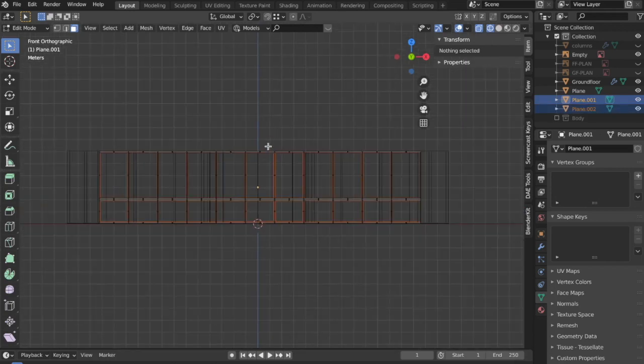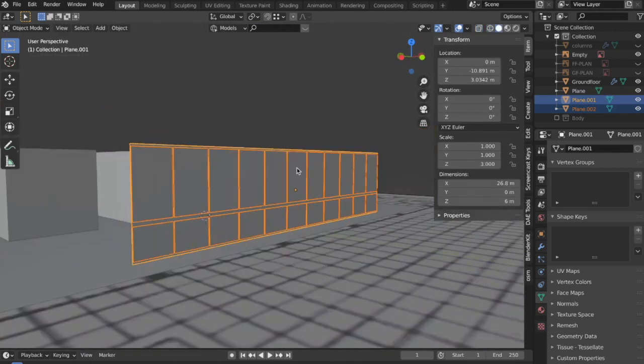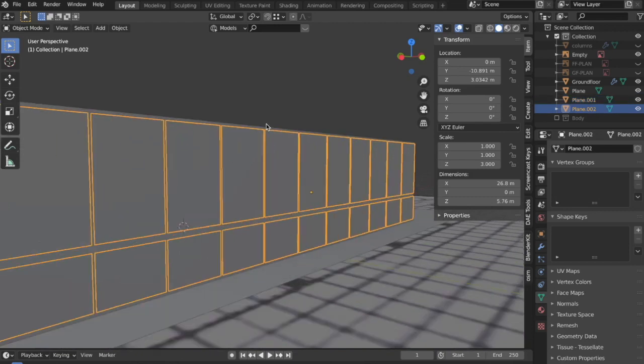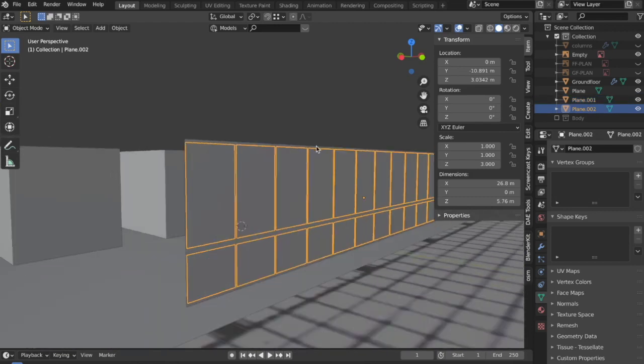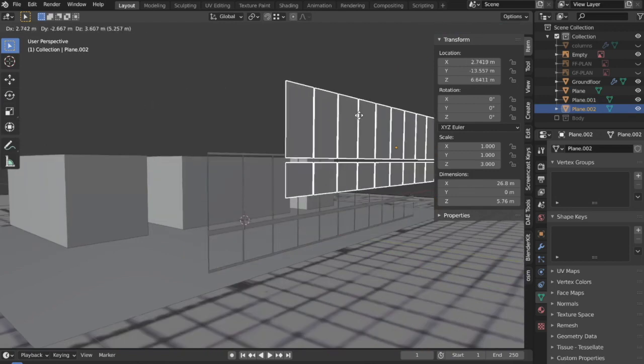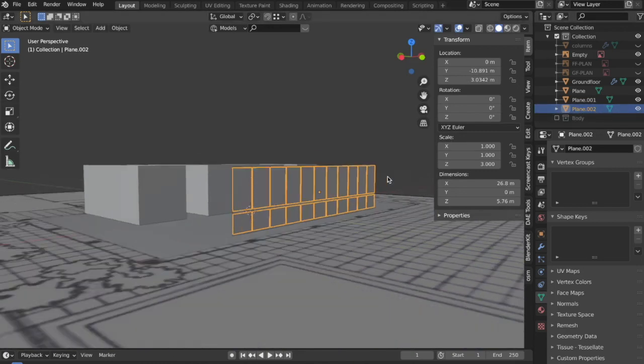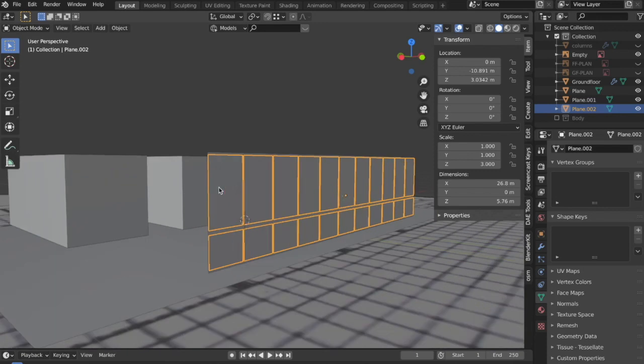Now I'll tell you what we just did. If I go into the solid view, I'll explain. When we pressed P, that selection became another object of its own. So they are now both independent of each other. Because we were going to make a glass thing, this will act as the glass and this other plane will act as the frame of it, and that is why I'm going to name it frame and this one glass.